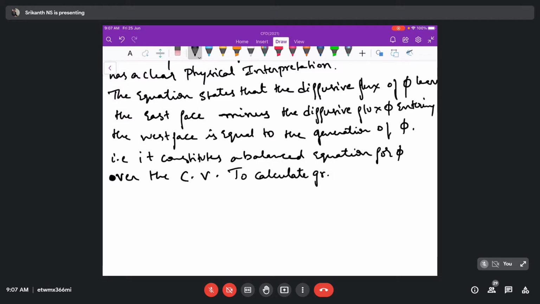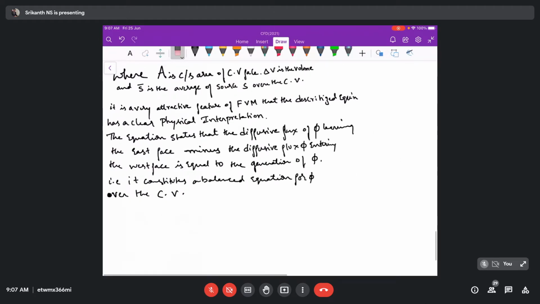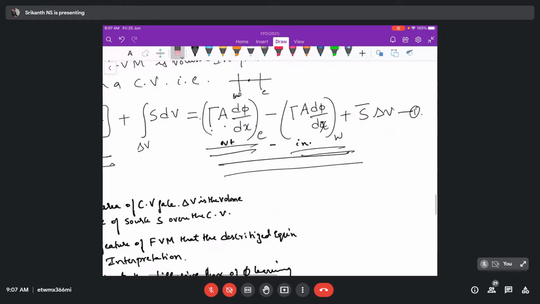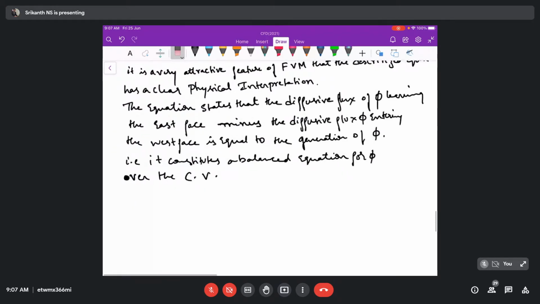Okay, next, to calculate gradients at the control volume. This we will write in the next line. Are you able to understand? The explanation we have written is based on equation 2. We have just defined equation 1, that is the RHS. Whenever we discretize it, whatever we get also has a strong physical meaning, which we cannot find in the finite difference method. Is it okay, guys? So this is the thing over the control volume.